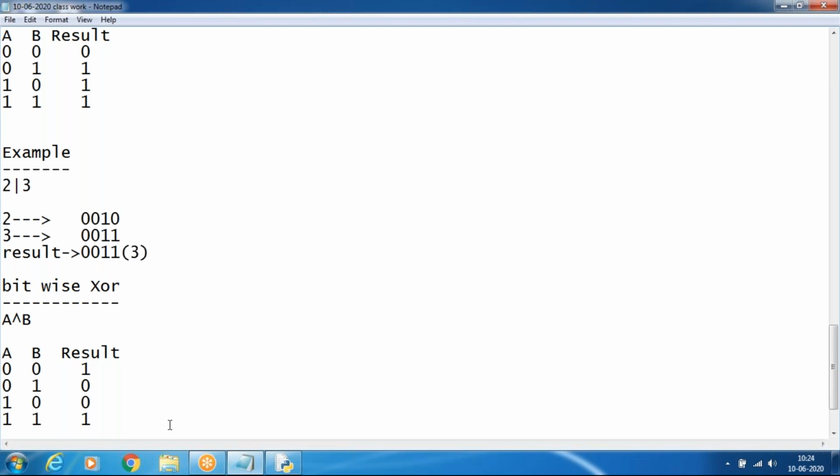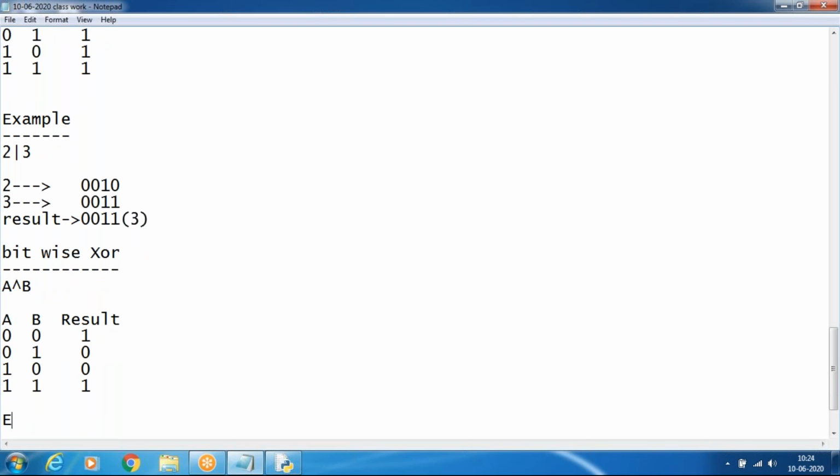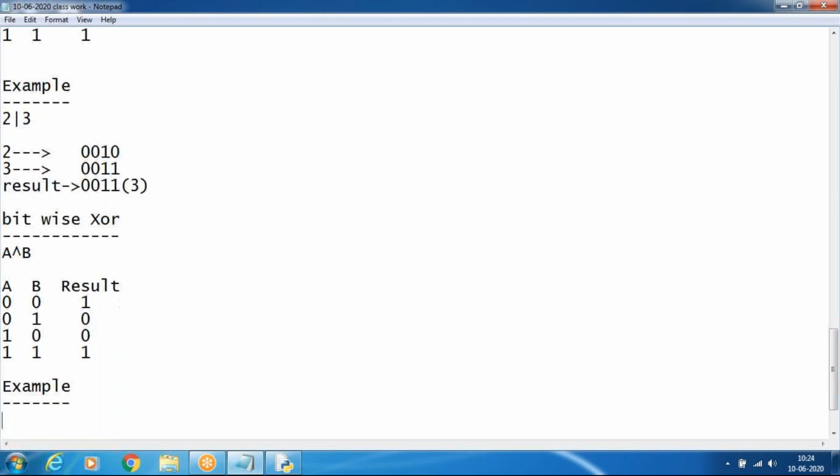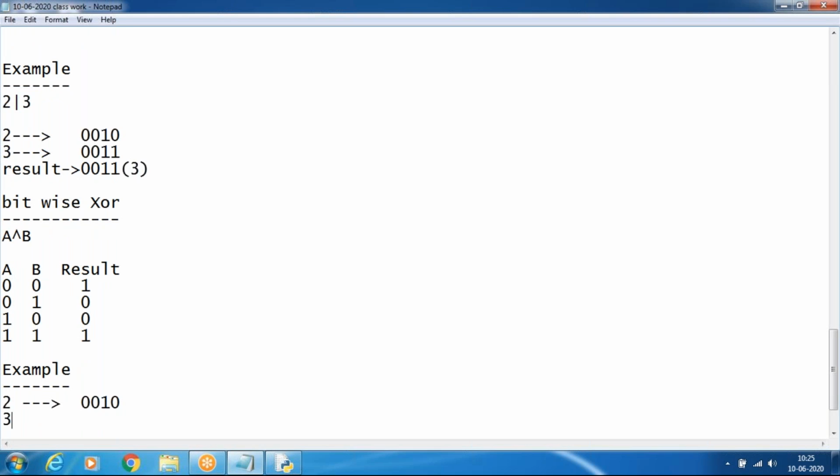So we'll see in an example: 2 or 3. So 0 0 1 0, 3 is 0 0 1 1.